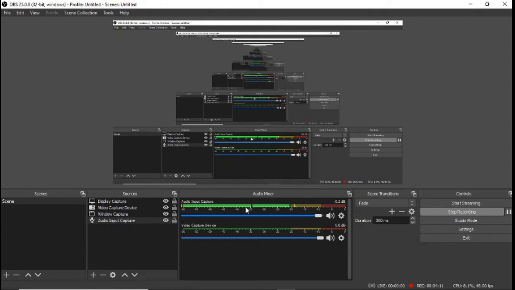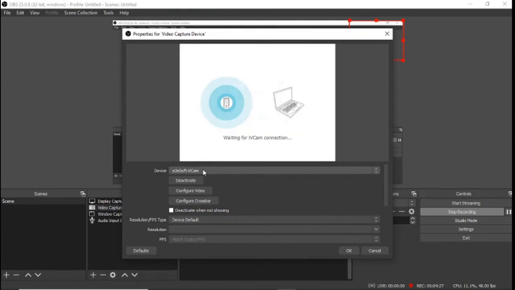Your voice frequency will be recorded here, shifting as soon as I am talking. If you see, the audio mixer will display your selected microphone. Then in the case of the video capture device, if you see, I have double clicked it, you can select the source